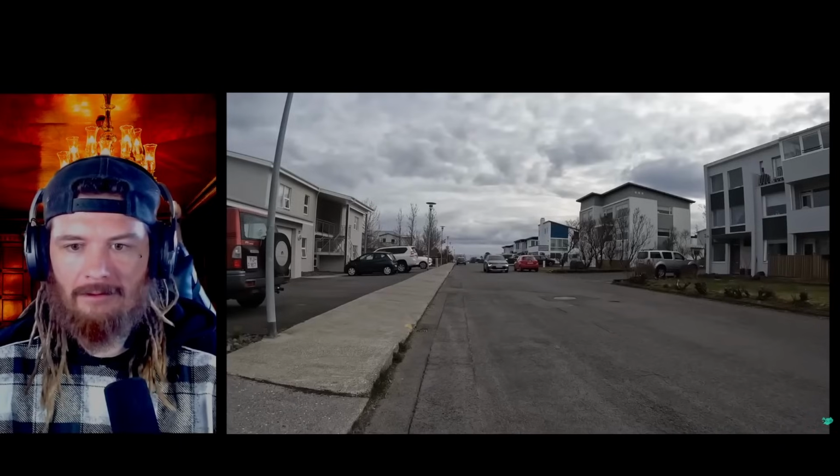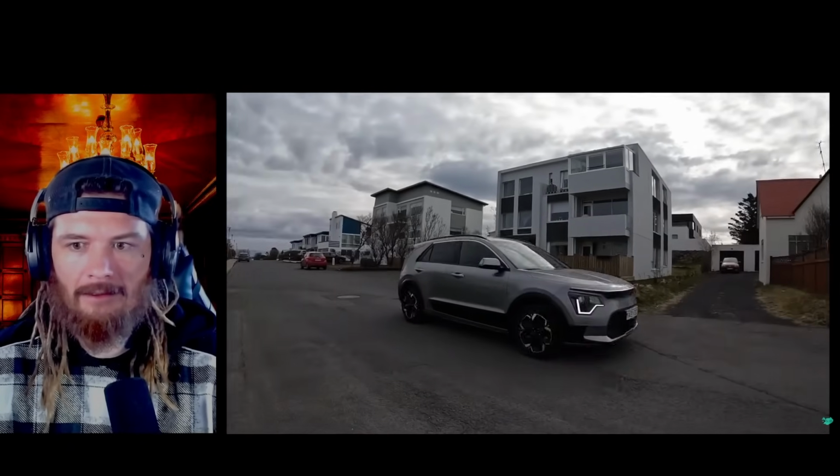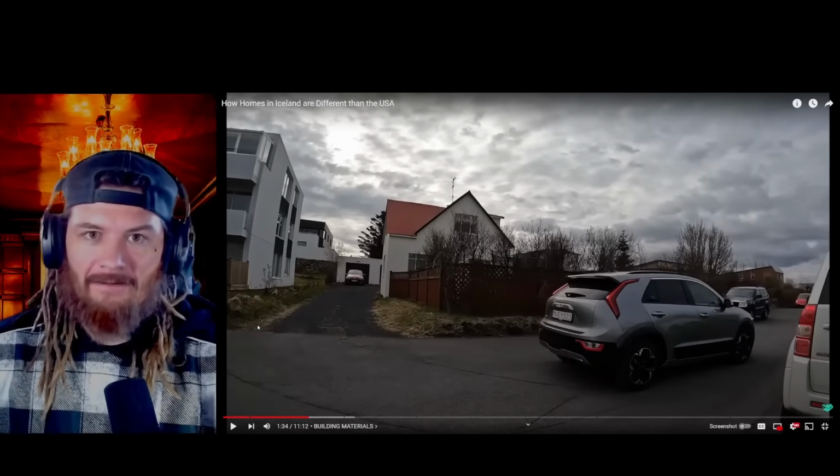People do live in standalone homes, especially more so in the countryside. But in Reykjavik, where most of the population lives,